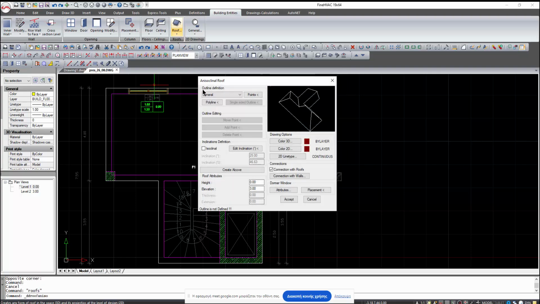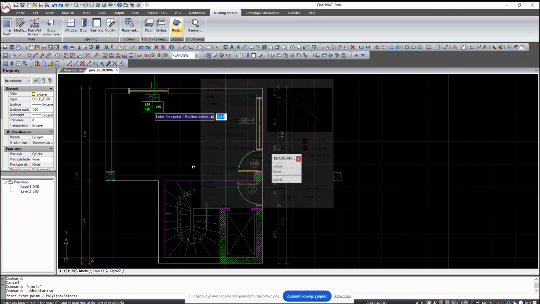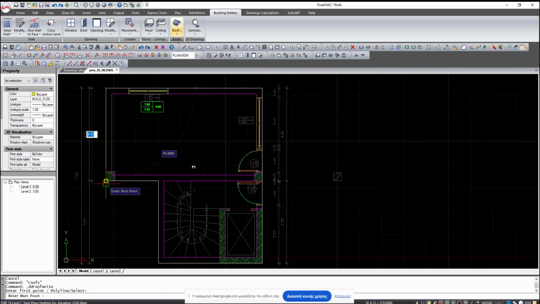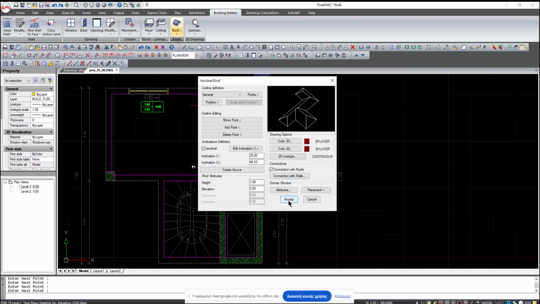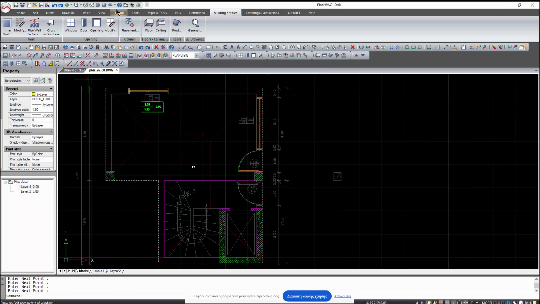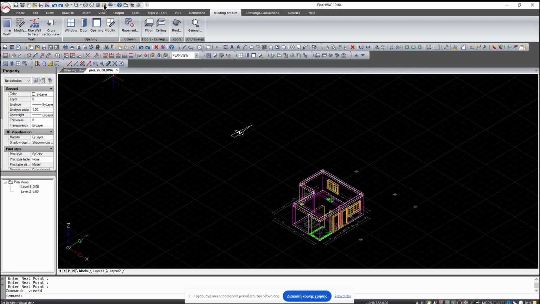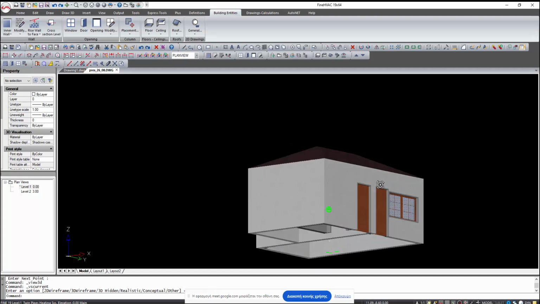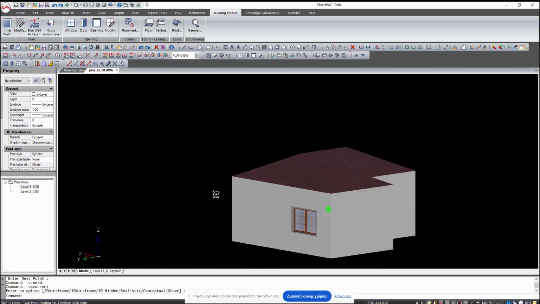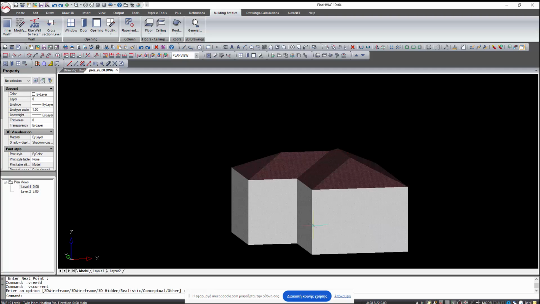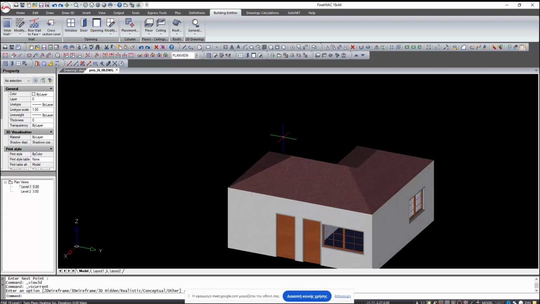Select accept. Just for the example, I will make it a little bit faster in order to see how we are going to place it. Again, I place one by one all the points of the roof, and we can see that the roof has been recognized here. It has been in the drawing,